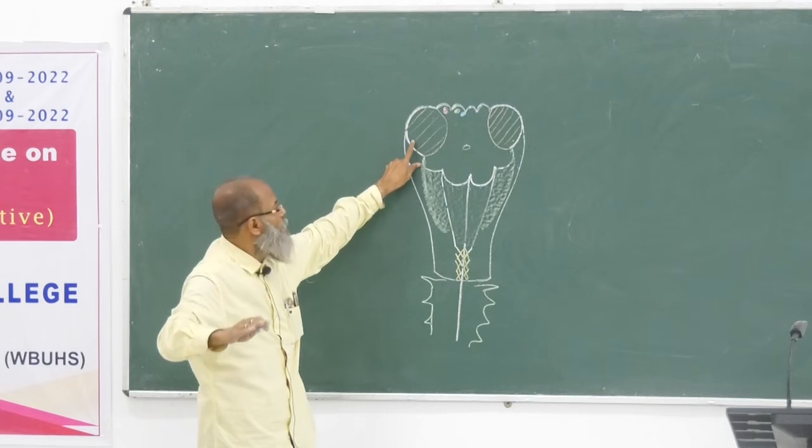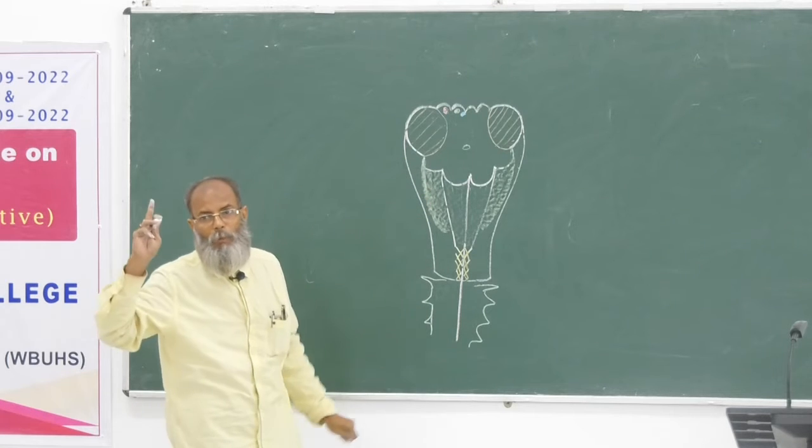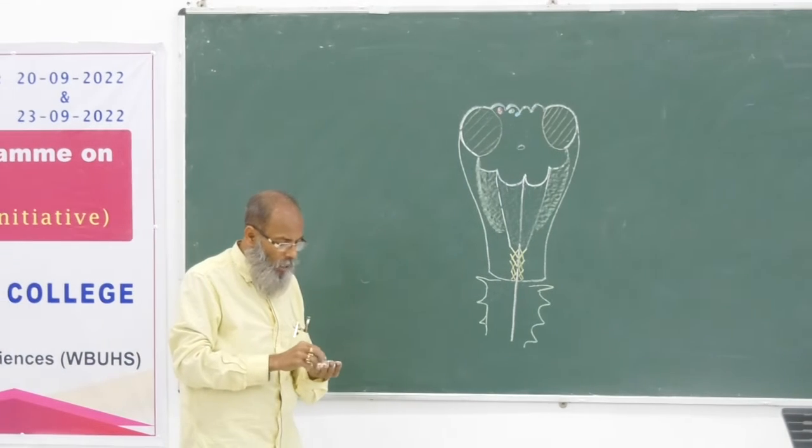This is the cut surface. So between the inferior cerebellar peduncle and the olive, that forms the posterolateral sulcus. Through that posterolateral sulcus, the rootlets